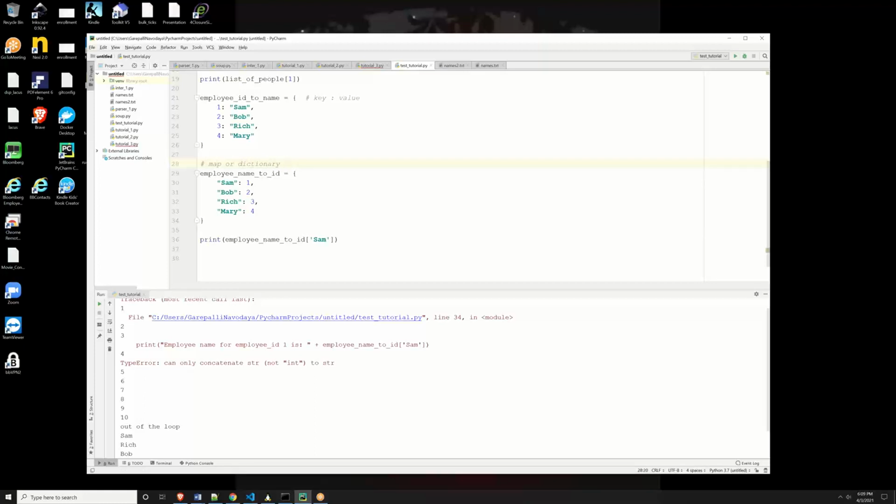Okay. So it's a map or a dictionary. In a map, you have a key and a corresponding value. Now, Sam cannot have two employee IDs. Sam can have only one employee ID. Bob can have only one employee ID. He cannot have the same key but a different value. Okay. So if I try to have that